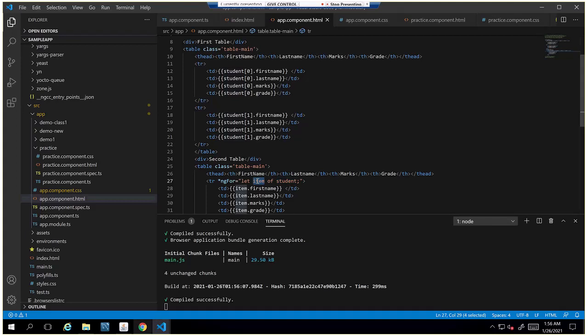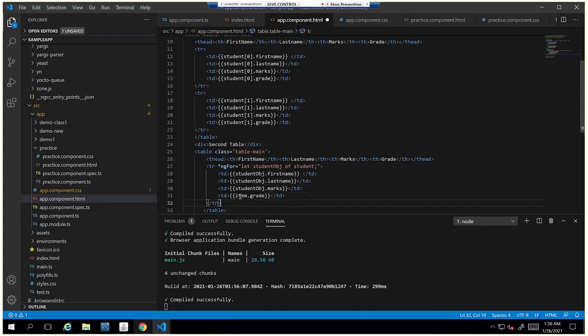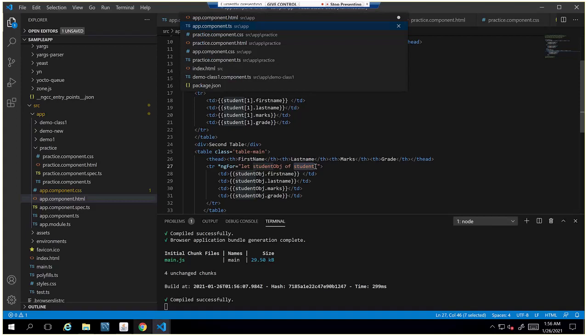It can be any other local variable like studentObj, any variable. This is a local variable. I can change these items to the student object. This right side should be the same as the object which is present in the app component.